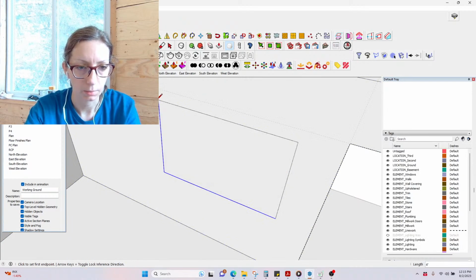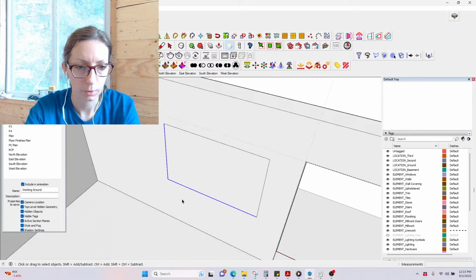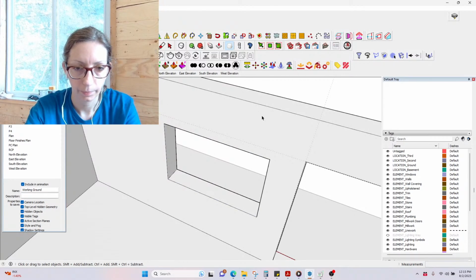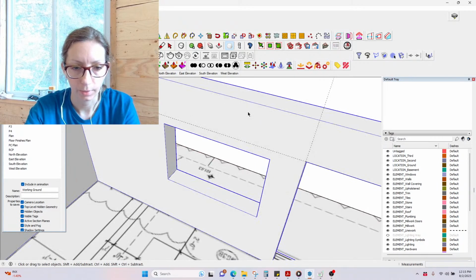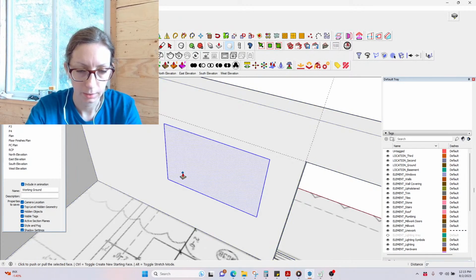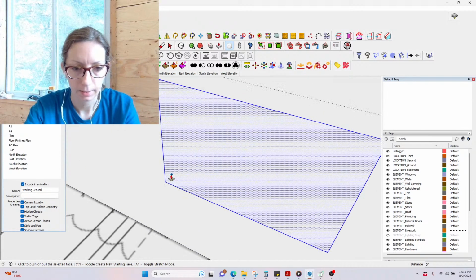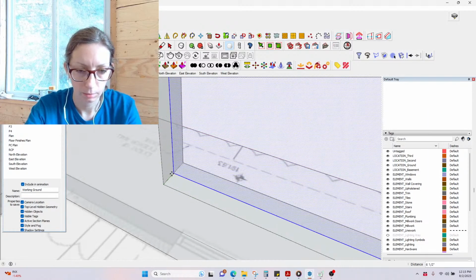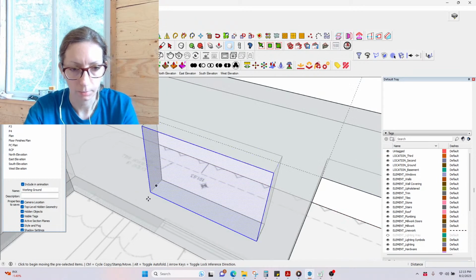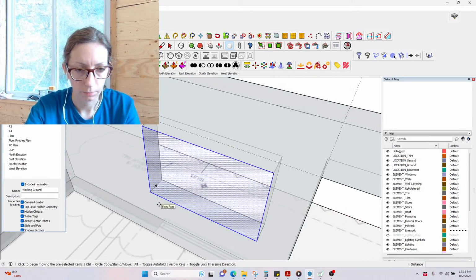Actually, this is how I do it. I just draw over one of the lines so that a face gets created. Then I cut that face out. Then I get out of the wall group so that I'm just not in any group right now. And then I paste that back into place. And then I place it directly in the middle of that window opening. Actually, no, I'm going about this the wrong way. Okay, so